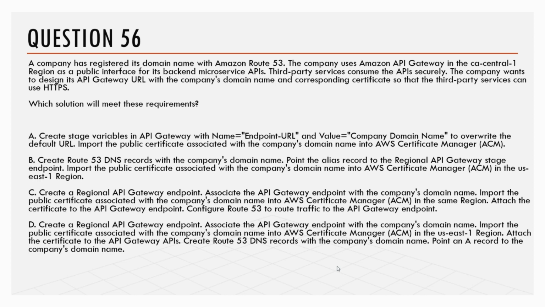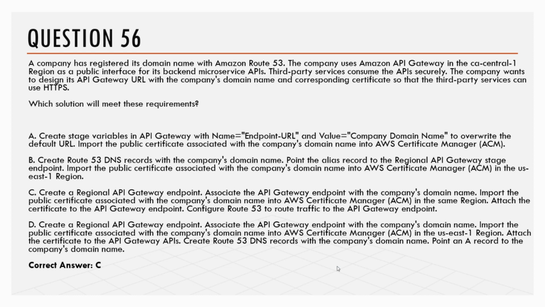Attach the certificate to the API gateway APIs. Create Route 53 DNS records with the company's domain name. Point an A record to the company's domain name. And the correct option is option C, which says create a regional API gateway endpoint, associate the API gateway endpoint